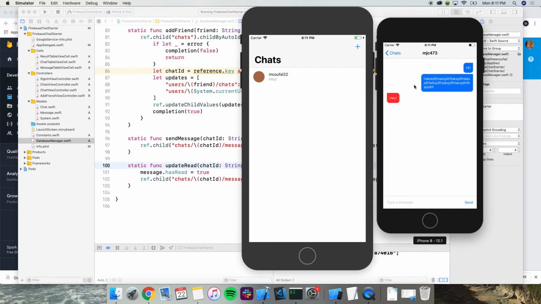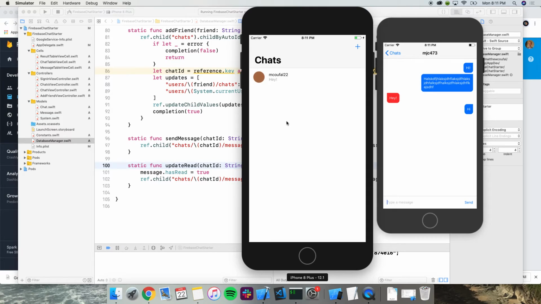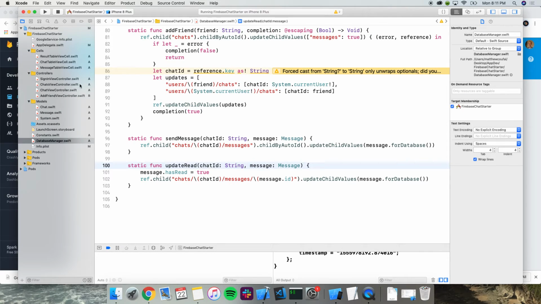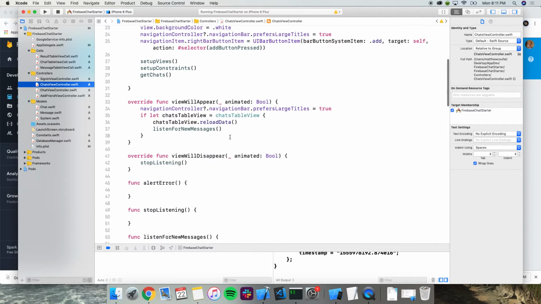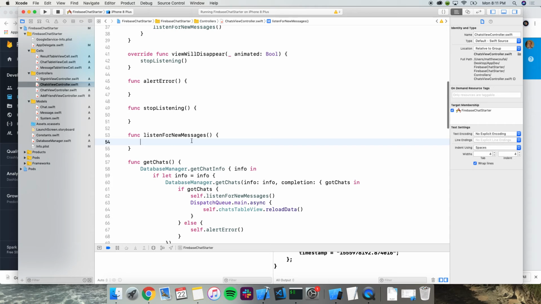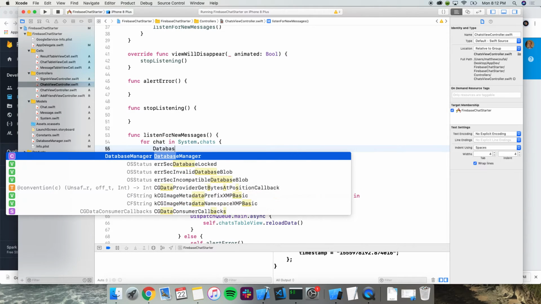Okay. So let's send a message from here. Ooh, this user does not get it. Oh, actually, yeah. The other thing we have to do is set up the same listener on our main chats view controller. So that's the other problem we have to resolve. So we can listen for changes here. It's the same sort of thing, but this time we could have multiple chats. So for each chat in the system, we want to listen.